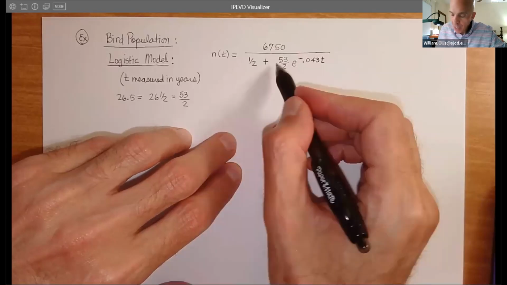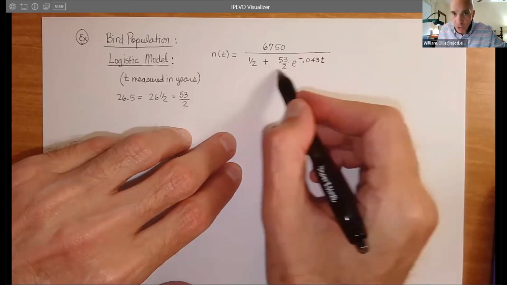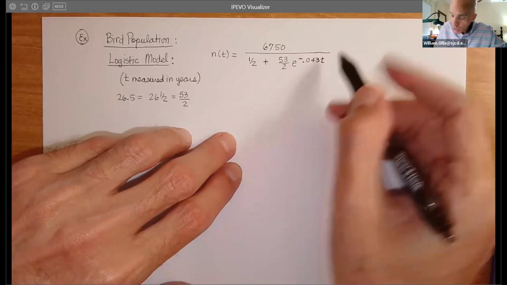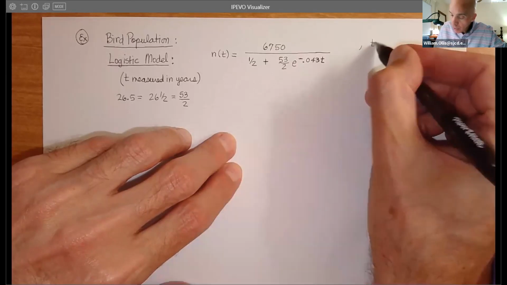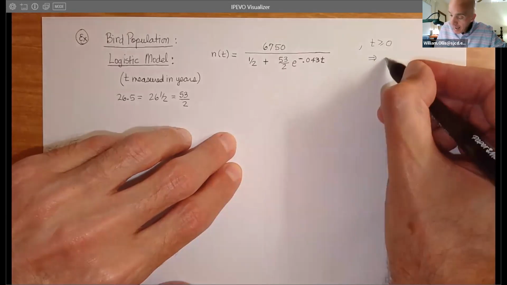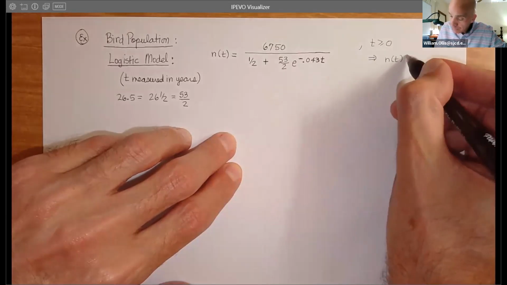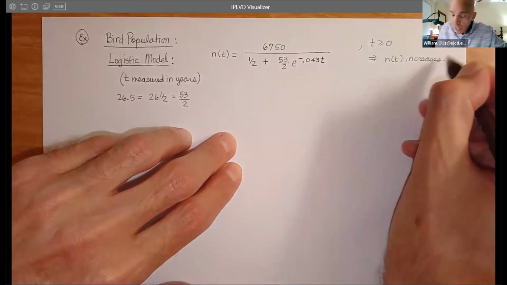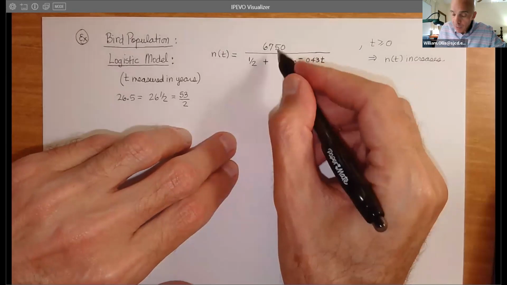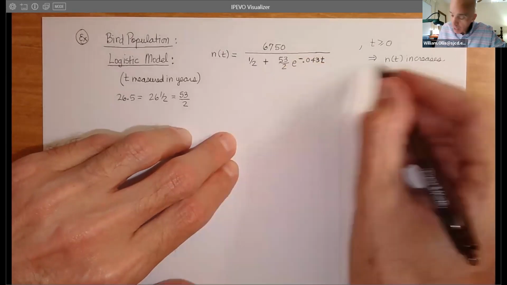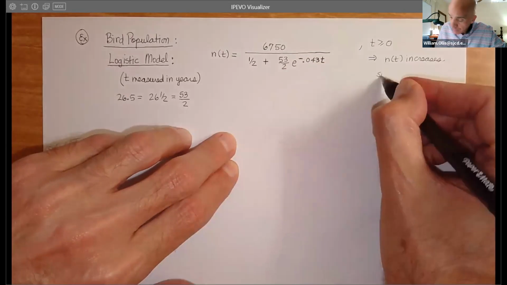So as we look at this function, the denominator is getting smaller as t gets larger. So t is 0 and larger. So this implies that N of t actually increases. If you keep dividing by smaller and smaller numbers in the quotient, the output of the fraction will be larger. So N of t increases since